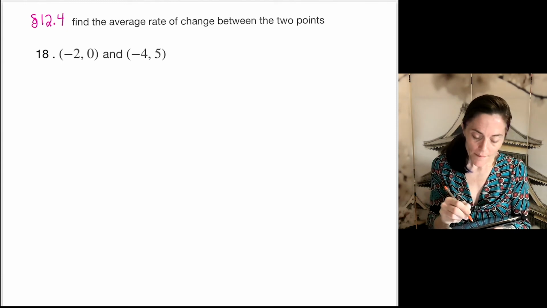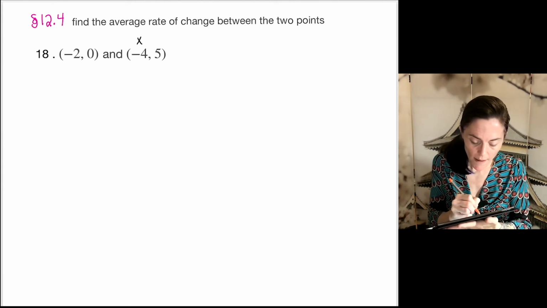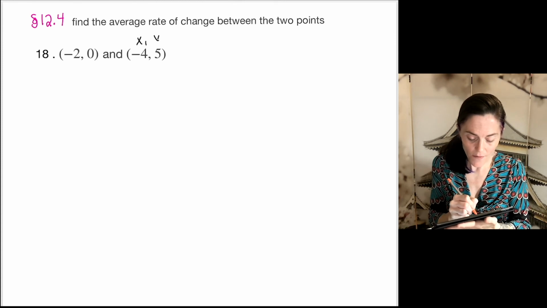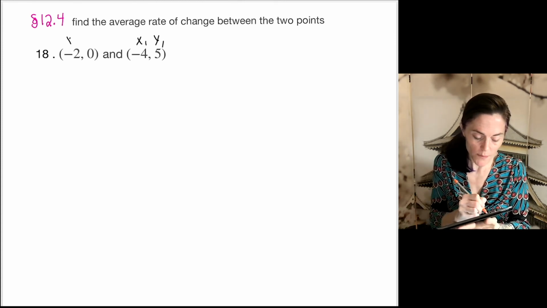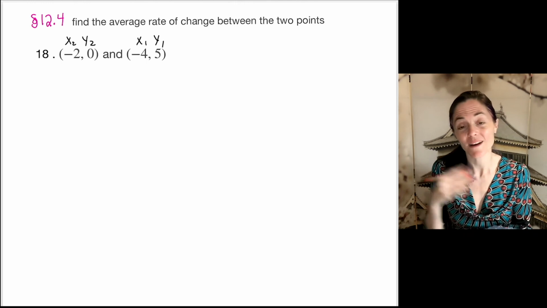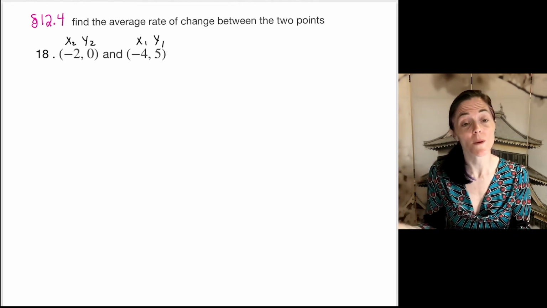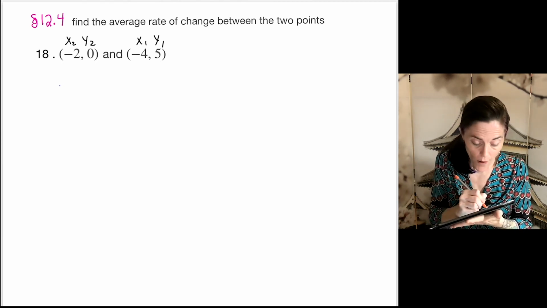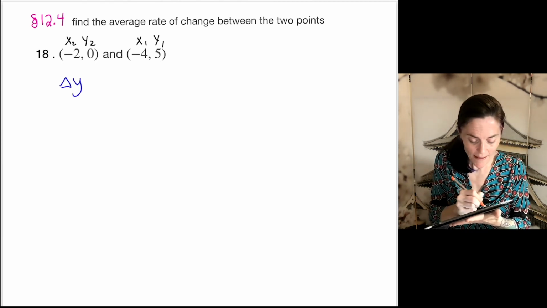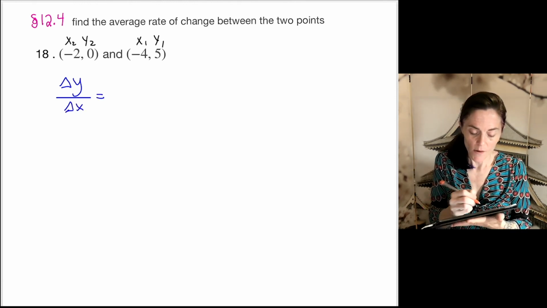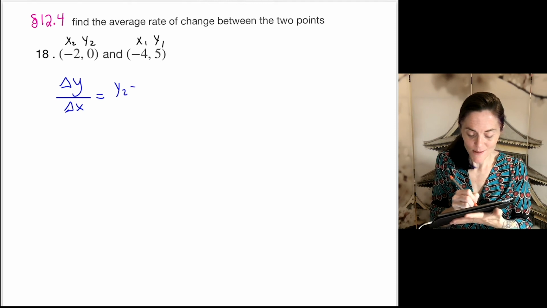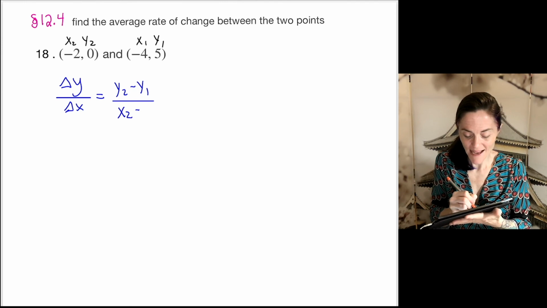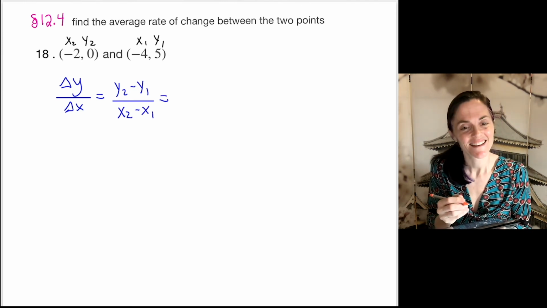Okay, so maybe just because this one has a smaller x, I'll call this point x1, y1, and I'll call this point x2, y2. Although it really doesn't matter which way I label the points, we would have the same slope. So what we want here is change in y divided by change in x. And we get, maybe I will do this in 2 steps, y2 minus y1 divided by x2 minus x1,